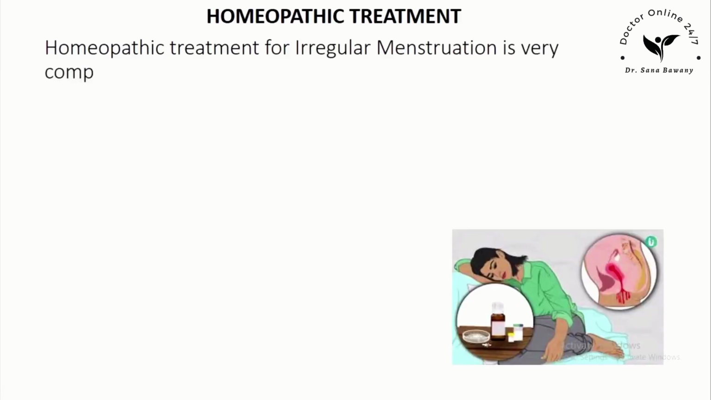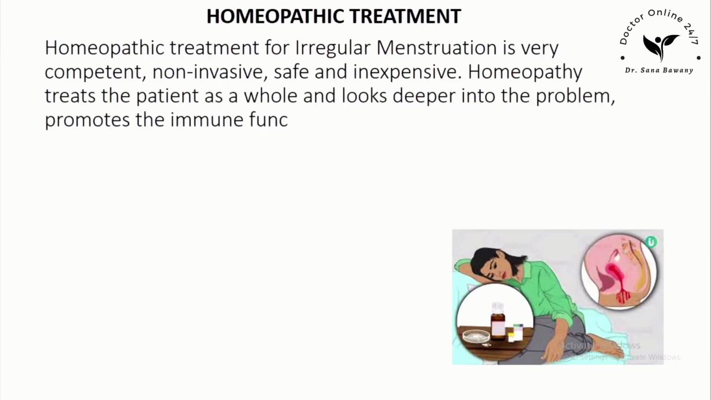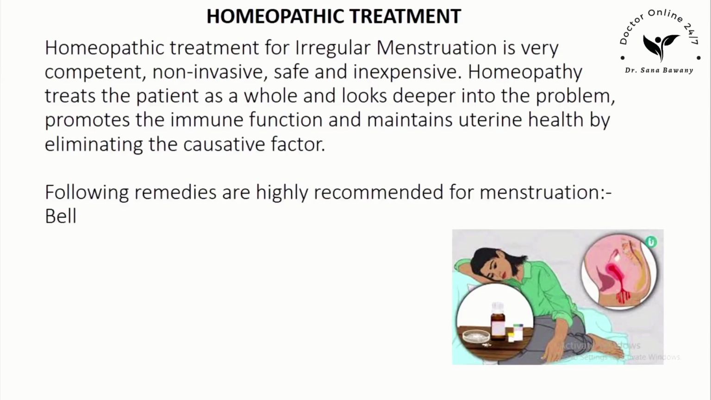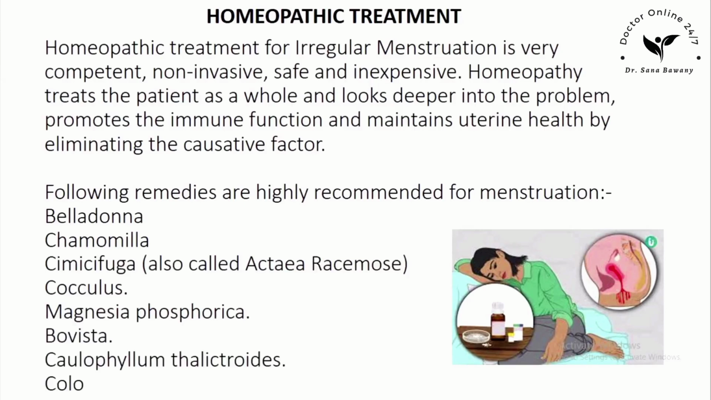Homeopathic treatment for irregular menstruation is very competent, non-invasive, safe and inexpensive. Homeopathy treats the patient as a whole and looks deeper into the problem, promotes the immune function and maintains uterine health by eliminating the causative factor. Following remedies are highly recommended for menstruation: belladonna, chamomilla, cimicifuga, also called Actaea racemosa, cocculus, magnesia phosphorica, bovista, Caulophyllum thalictroides,